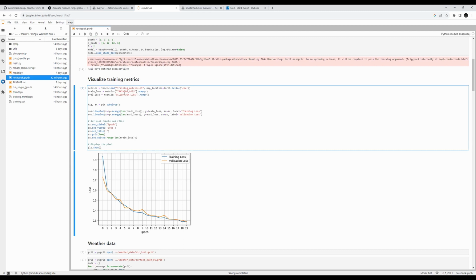You read in the diagnostics from the checkpoints? Yes, this training metrics.pt is a file that is created by the training. So you use the notebook to visualize the results you get from the other script? Yes. Okay.